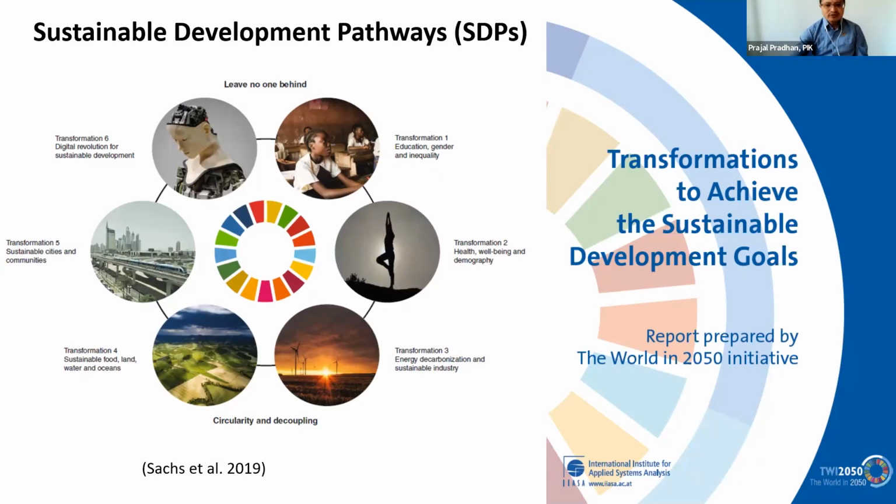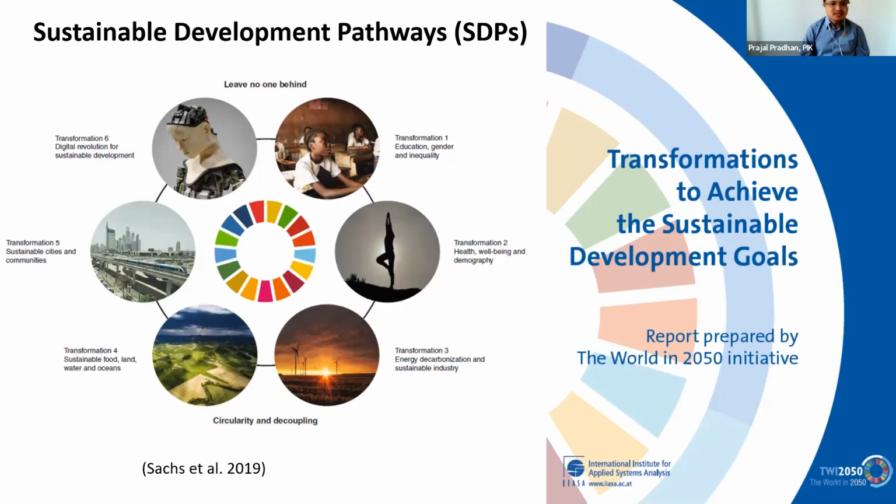So one can also have a look at this, which talks about the transformations to achieve the sustainable development goals, and here the key message is that we need to explore these pathways for sustainable development. They talk about six transformations for achieving sustainable development, and they started with this paper, which Jeffrey Sachs published, I guess, in Nature Sustainability. It is also included in the reading material, and this is more like a gist of this report,